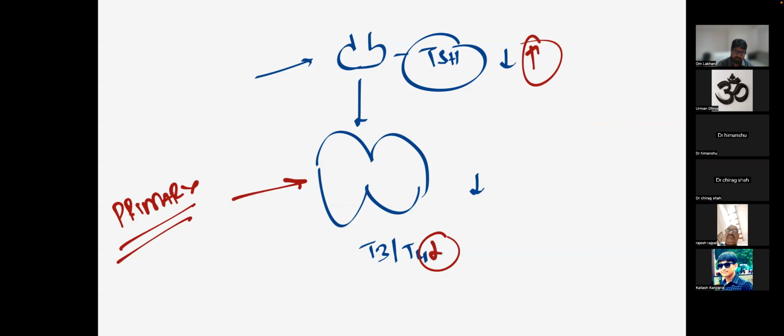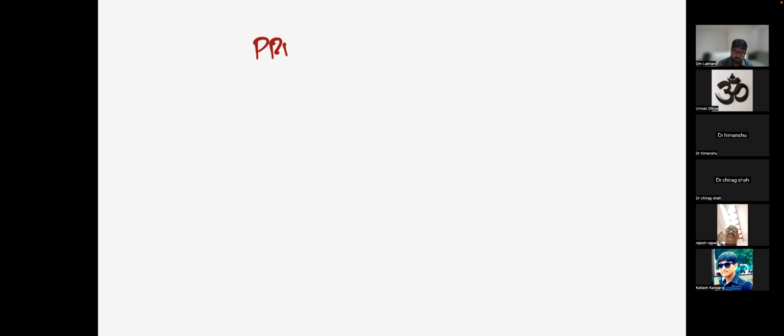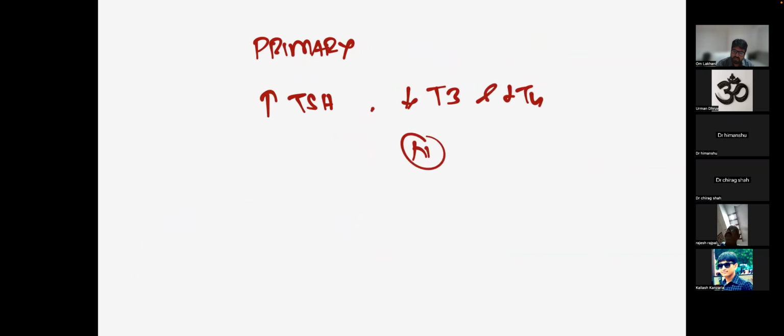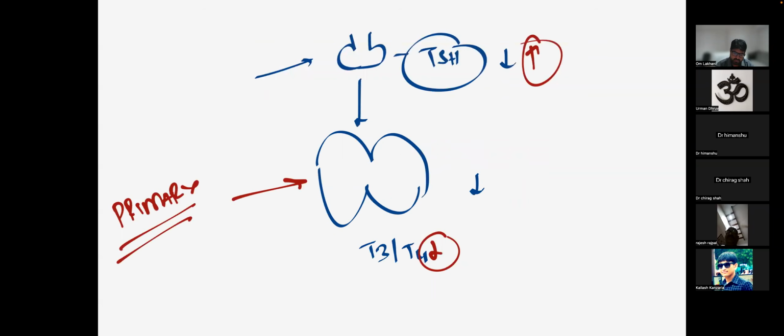So again, primary hypothyroidism is when you have elevated TSH with low T3 and low T4. In some cases, like we saw, subclinical cases, there will be normal T3 and T4. Okay, so this is primary hypothyroidism. Then what is secondary hypothyroidism? Secondary hypothyroidism is when you have the pituitary gland which is